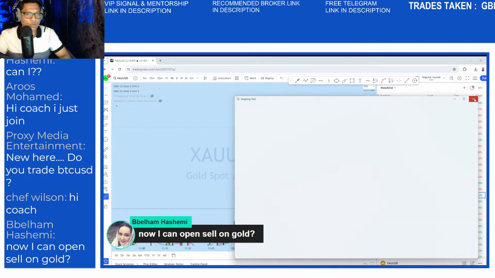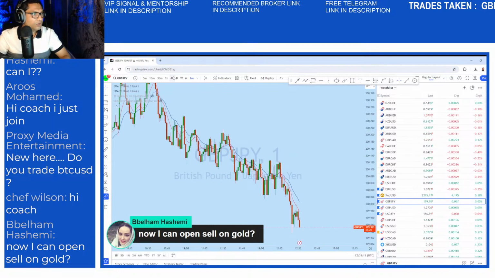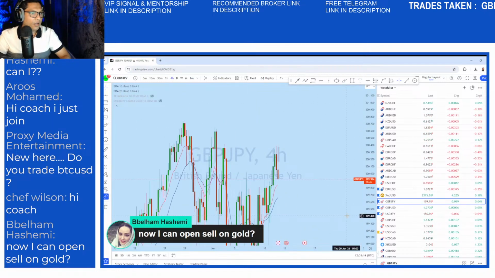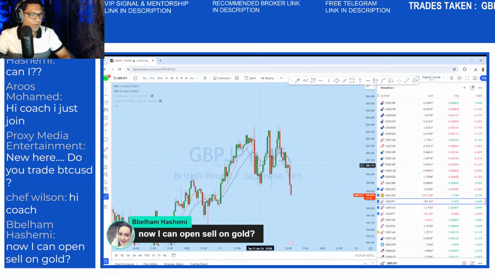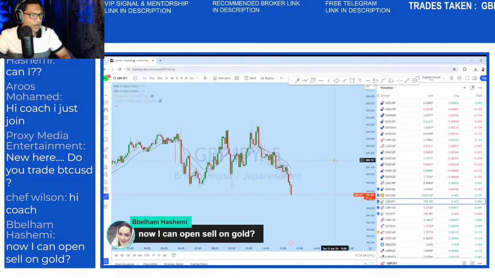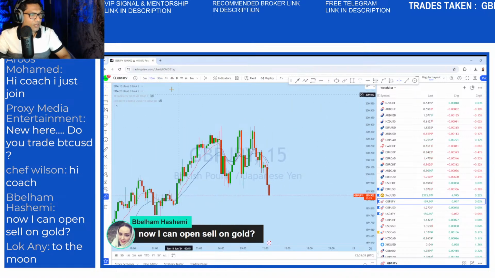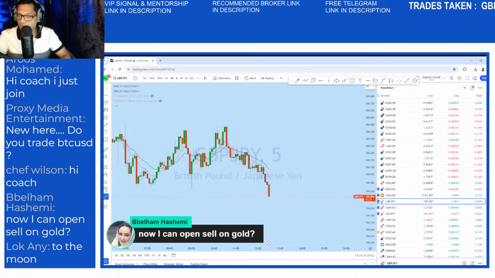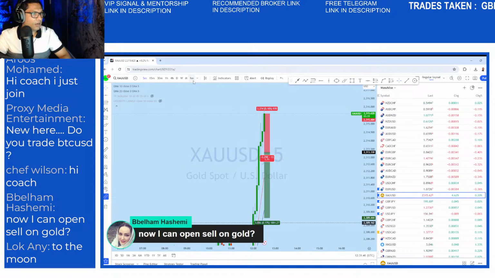In addition to that, we had one trade early today on GBP JPY. GBP JPY in fact managed to drop from that level, didn't it? See, it dropped below that support level on GJ. We were out earlier, but it dropped in that direction. So if you had kept that trade open, you could have made more, good money. We made some. Now we are on gold. Gold is still not triggered.